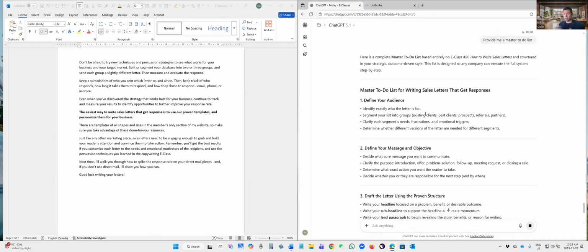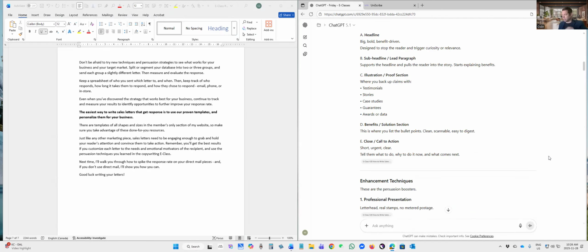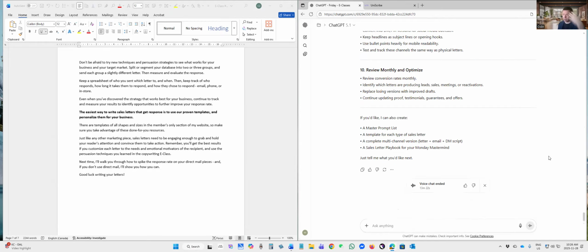And then I'm going to give it my prompt. One of the things I've noticed is that you might not know that there's something called an editable window. I'll show you how to do that right away. That editable window ensures that you don't have these big, long ChatGPT responses that you have to keep rewriting. You get to edit it right in the editable window. So let's first go and just provide me a master prompt list.